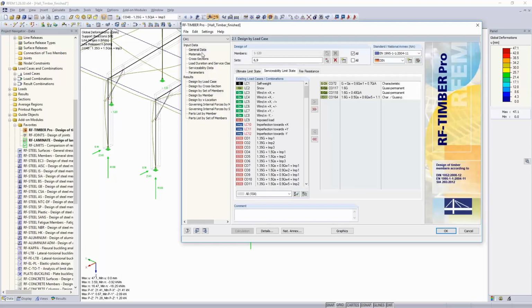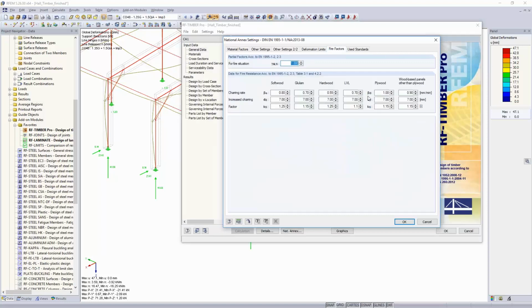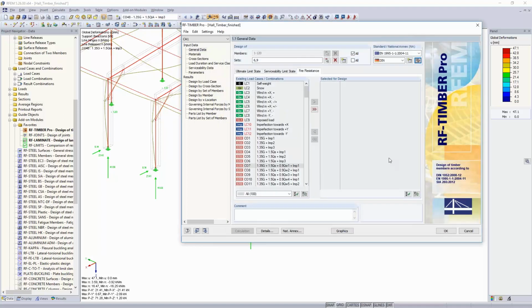Okay, maybe I can quickly introduce that a little bit more. I will not verify it today, but just to keep you informed: if you want to verify fire resistance, you must create an extraordinary combination in load cases and combinations. And then we reduce the section, or all the sections inside here, with the so-called burning rate. And according to this burning rate, we do all the verifications for the ultimate limit state again